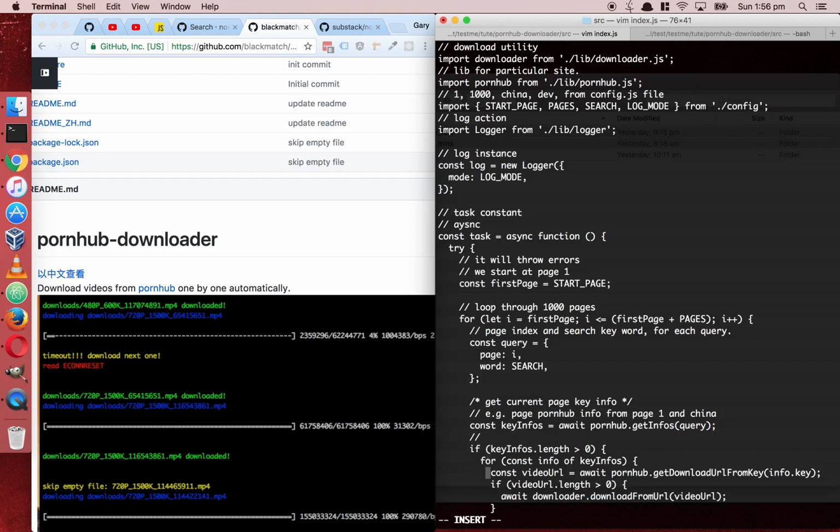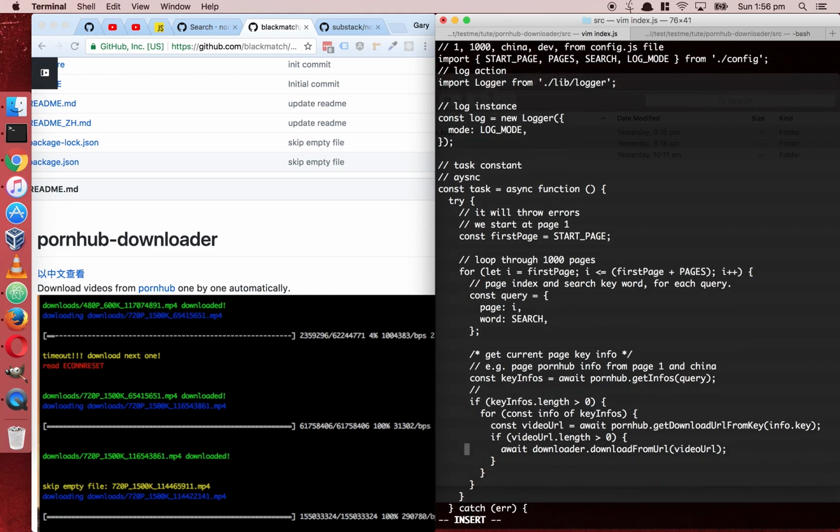So here, and it seems it might be an array. Key infos is an array,